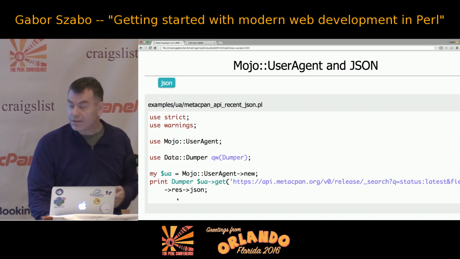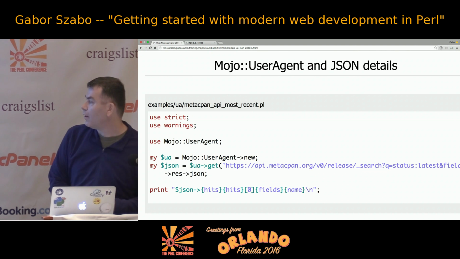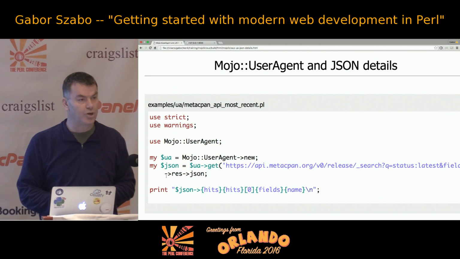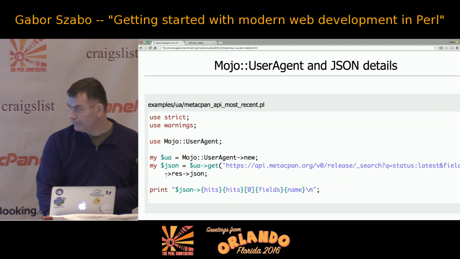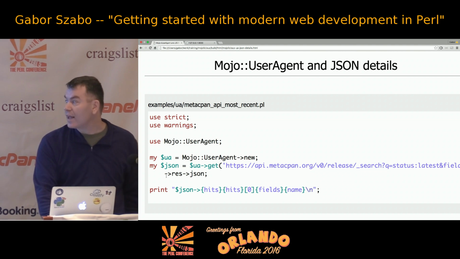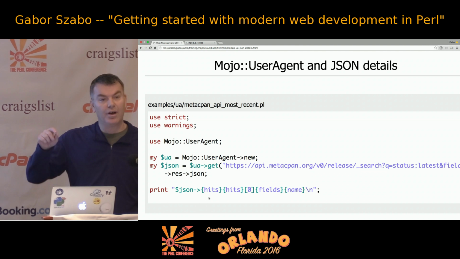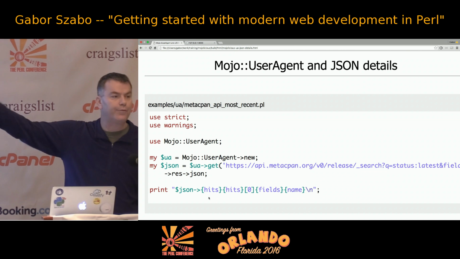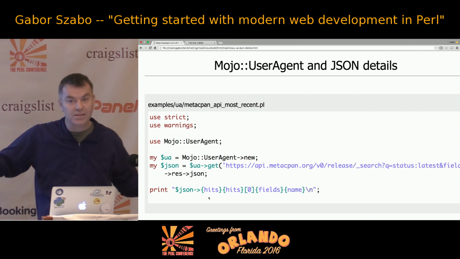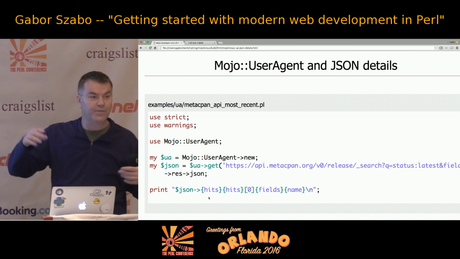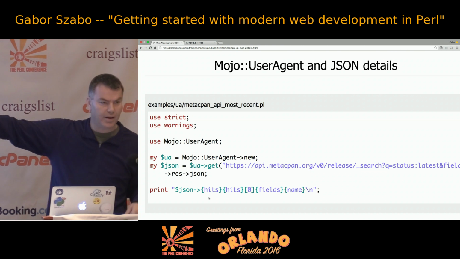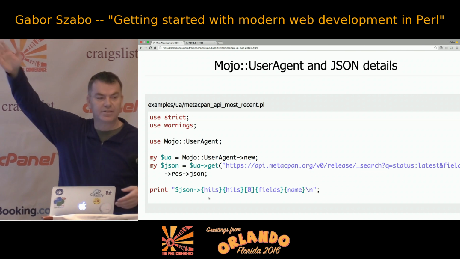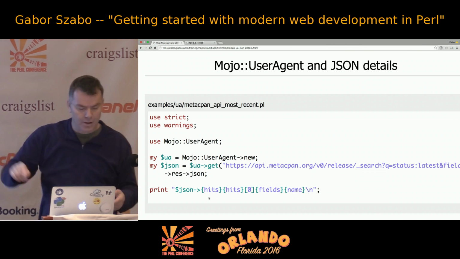Now, I won't show you that one, but I show the next slide, where I took that JSON, put it into a scalar, and then on that scalar I accessed one part of it. Of course, in order to find this out, first I had to print out the whole JSON and look at it, and then notice that within that JSON I have a hash key called hits, and then within that another hash key called hits, and then inside it there's an array and fields and whatever, and name,